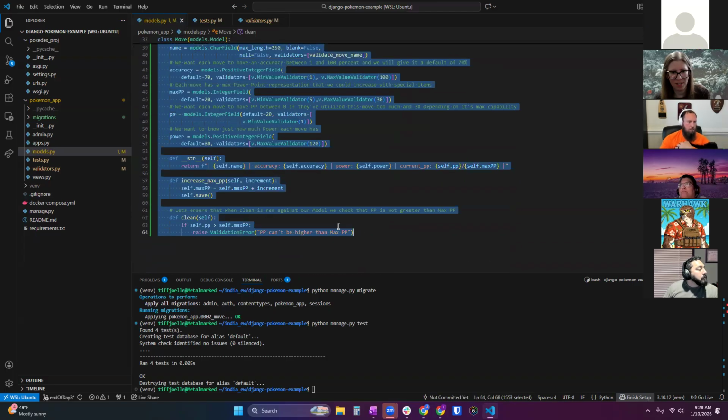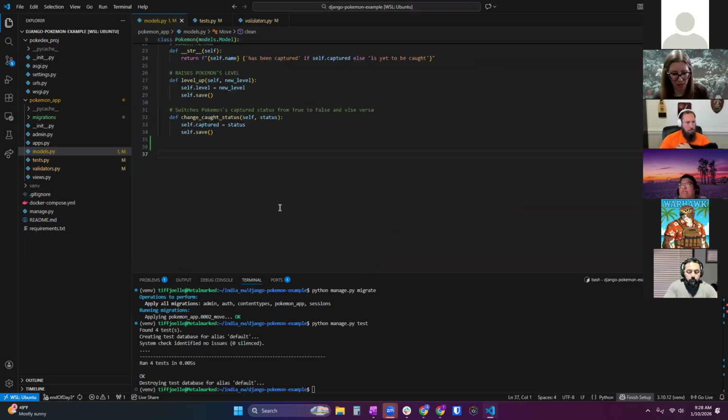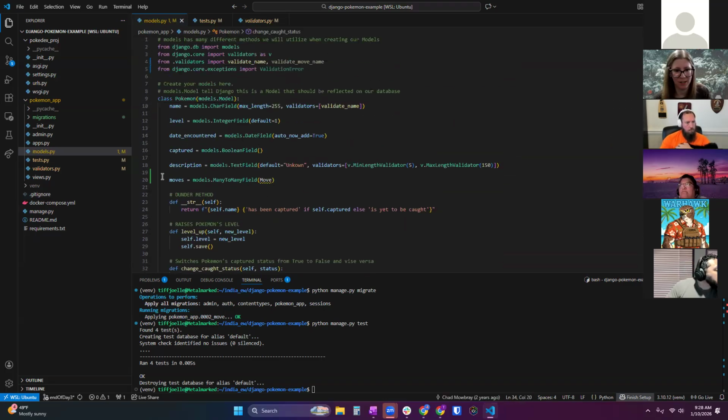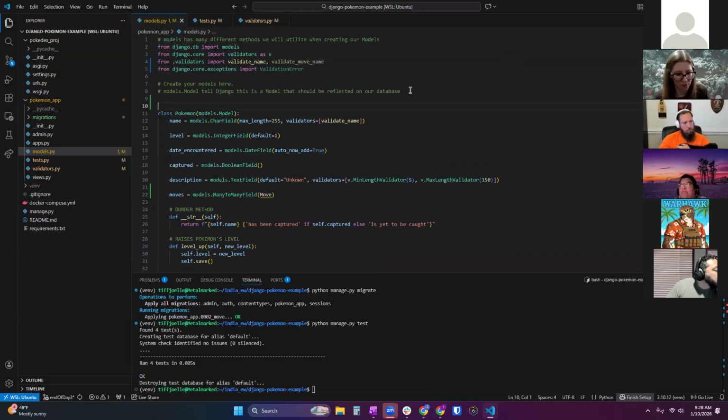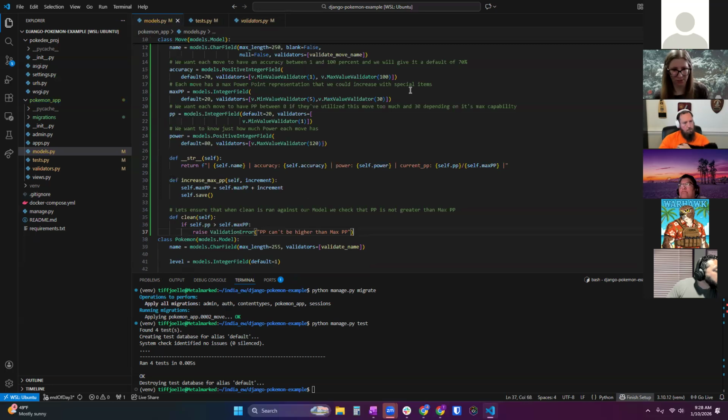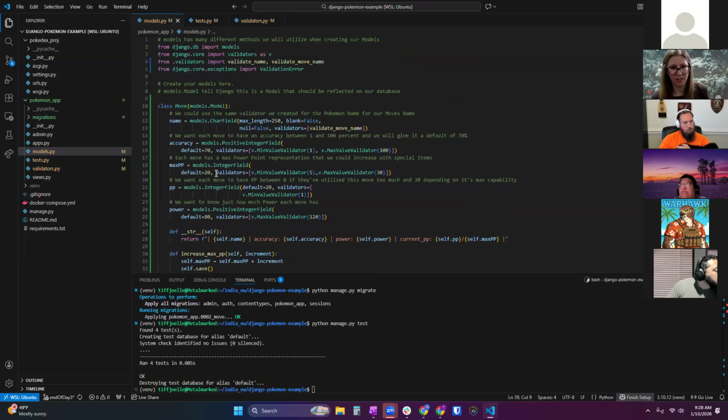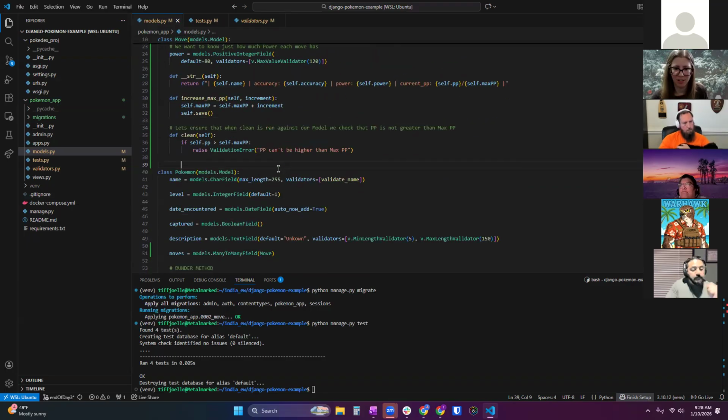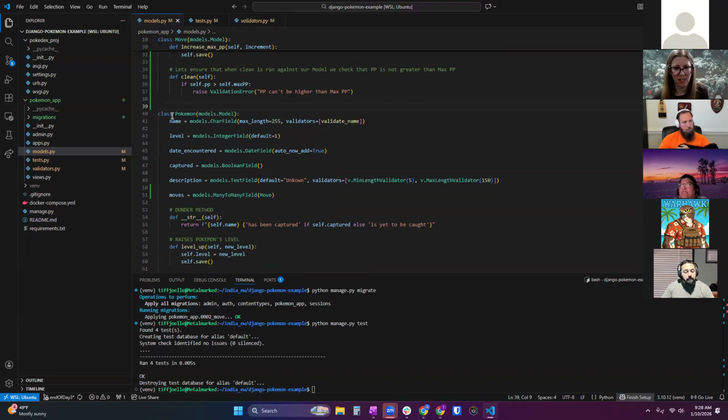So let's just grab this whole thing and move it up above Pokemon, because we need move to exist before we relate to it in the Pokemon model. Okay, so now I have move as the model established first. And then in my Pokemon model, now when I try to make a many-to-many relationship to it, it is able to see it as defined now.